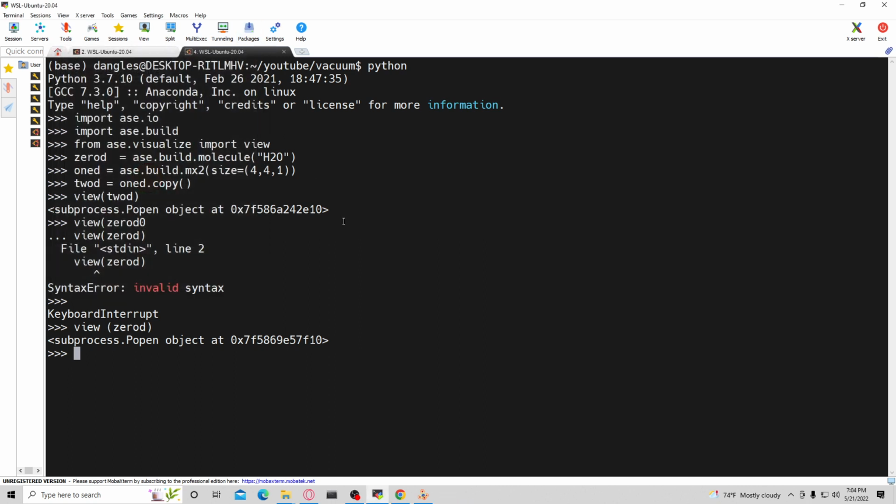So the way that you would add vacuum to the 0D system, that could be a cluster model of something, it could be a simple molecule, or it could be a quantum dot, for example. What you do is you simply do 0D.center and then give it how much vacuum you want. Vacuum equals however much vacuum you desire. Now if we view this,